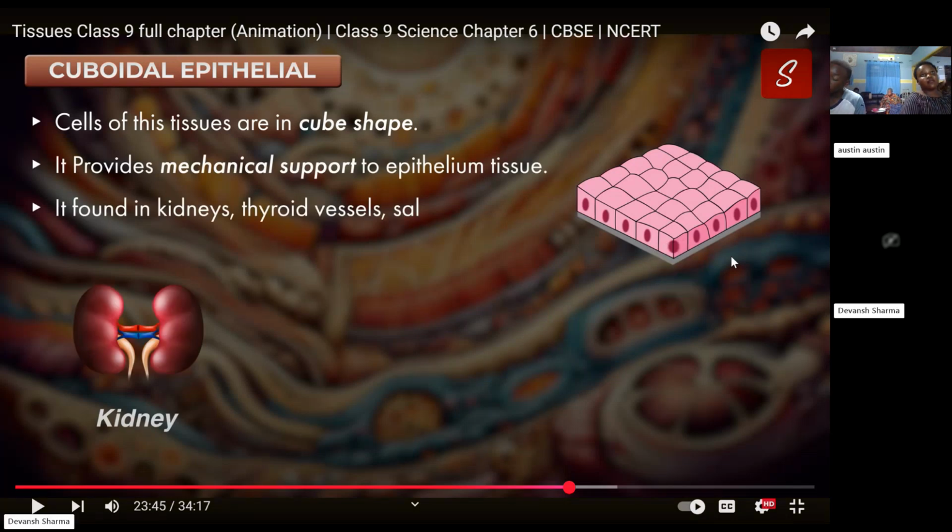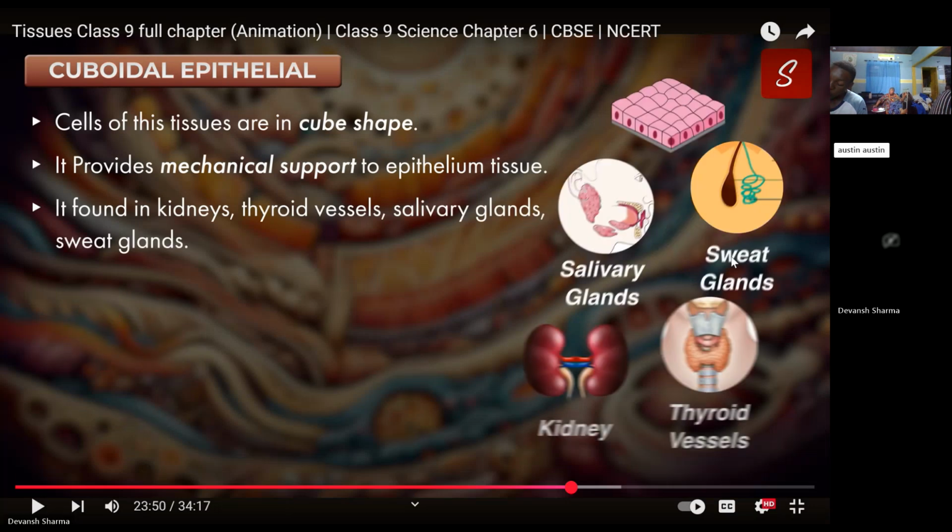Palestina, please listen here. The function of this cuboidal epithelium is to provide mechanical support to the epithelial tissue. Yes, sir. And it is found in the kidneys, salivary glands,